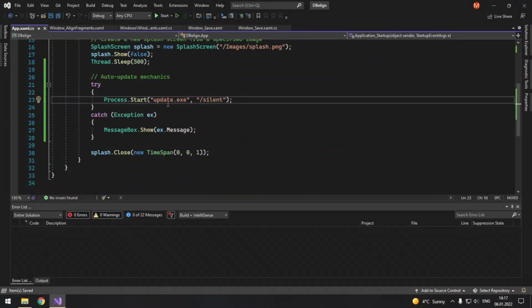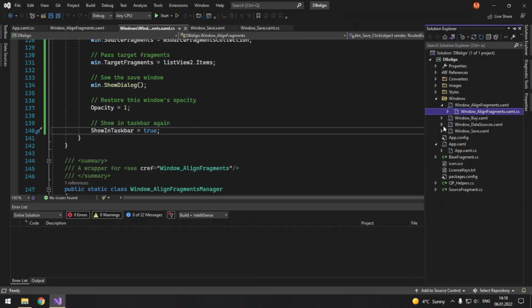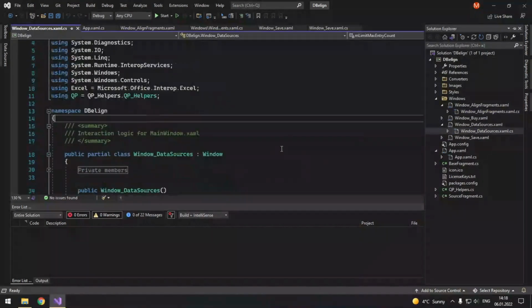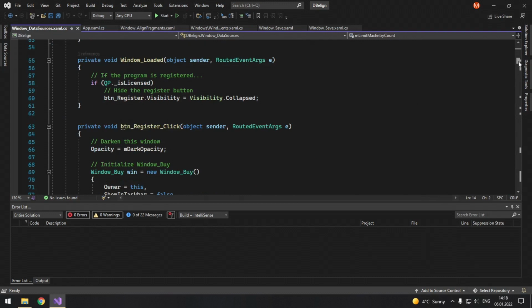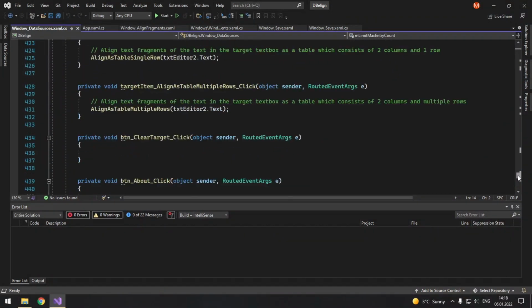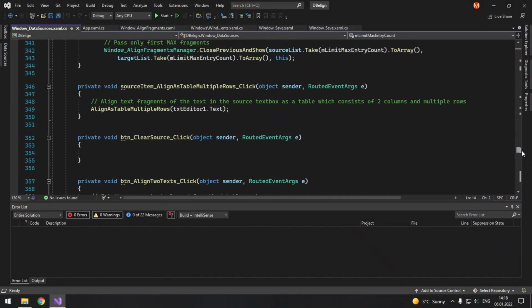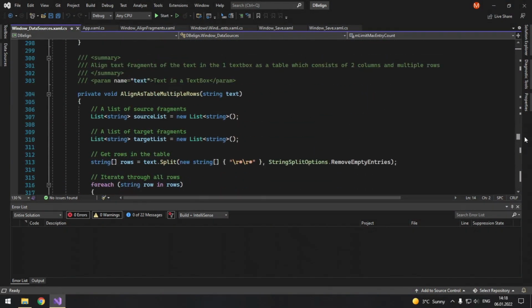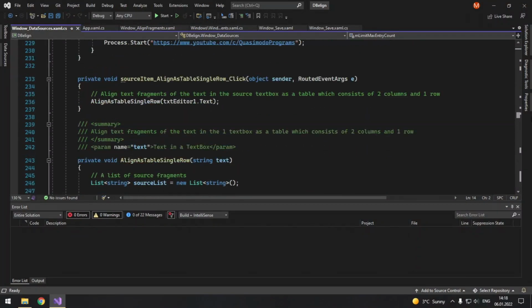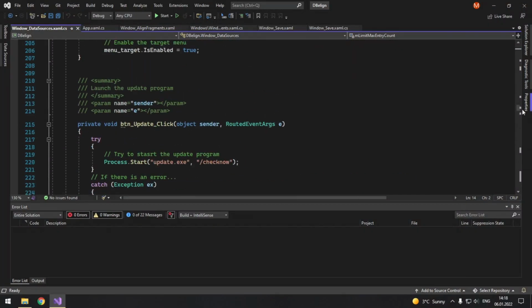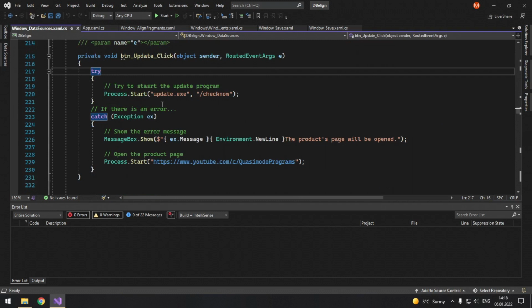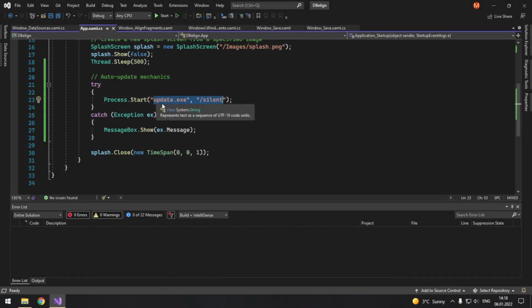The difference between this and data sources, so somewhere here must be our update button here. Here we manually press the button. Here it launches the file automatically.